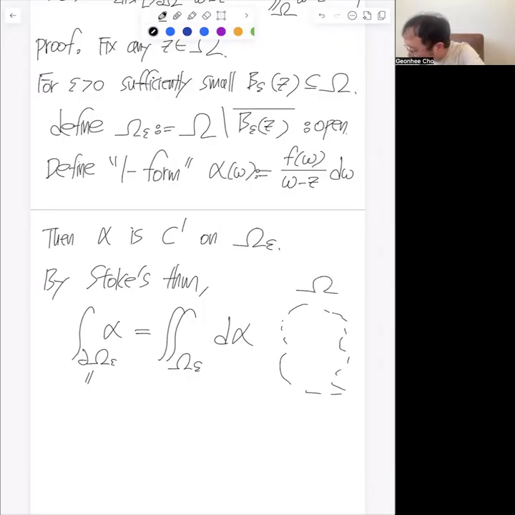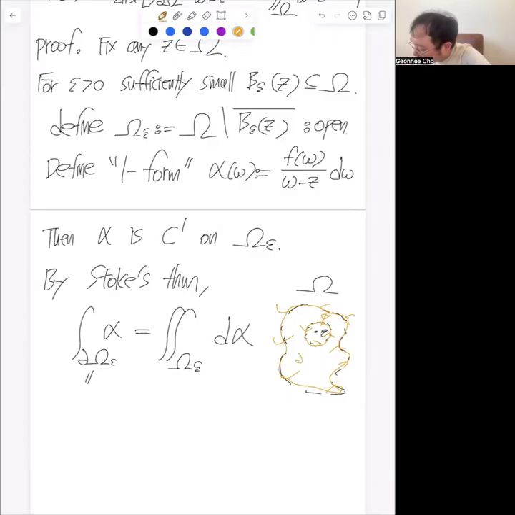of omega. Even though I draw something non-smooth, this boundary is assumed to be smooth. Then we have the point z somewhere inside of omega, and we have also the boundary like this. The way to think about tracking the boundary of omega sub epsilon is that in the counterclockwise direction, we first follow the boundary like this, then we go like this, and then we go in the opposite direction, so that now we can easily see from this description